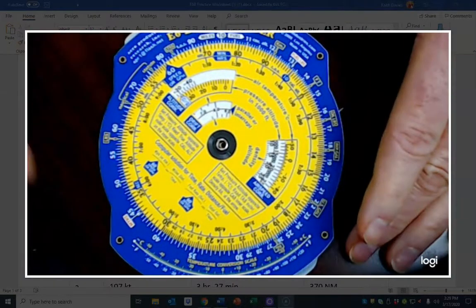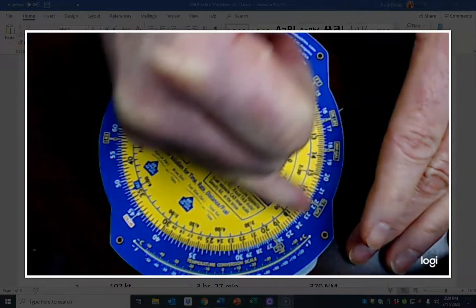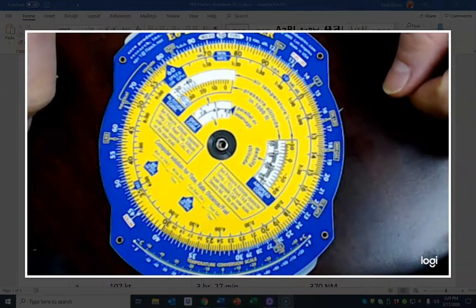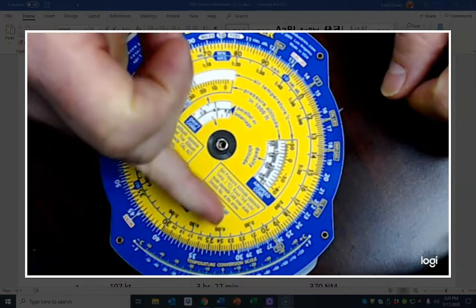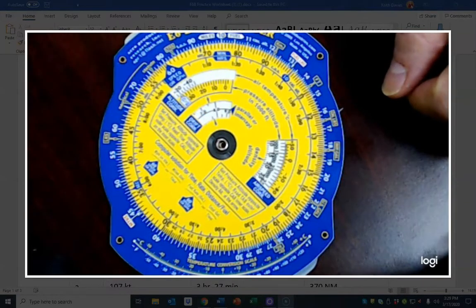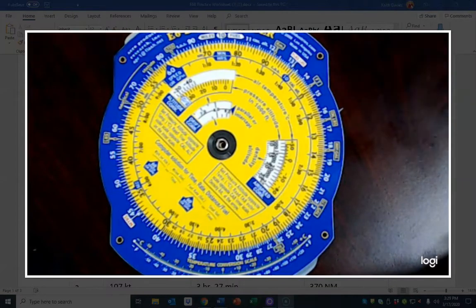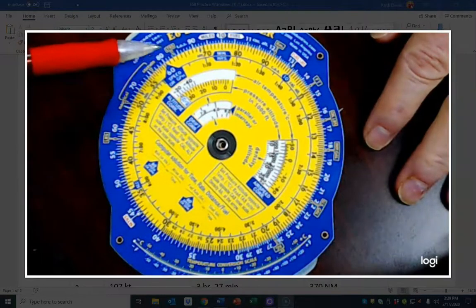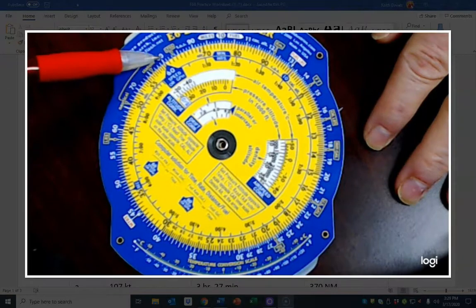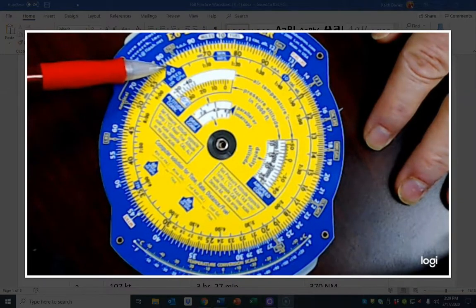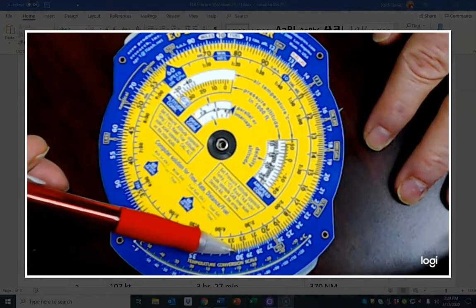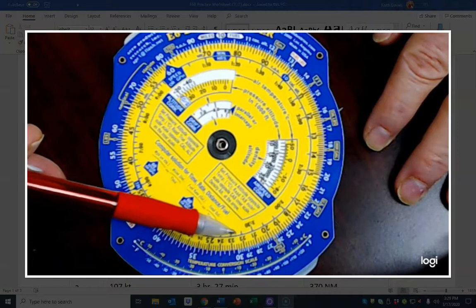Remember, the A ring is the miles, and the inside ring, the B and the C rings, are your time. Okay, so since I've already got it set on 80 nautical miles per hour, all I got to do is come over to the 300, okay, and come right down, and it's going to be